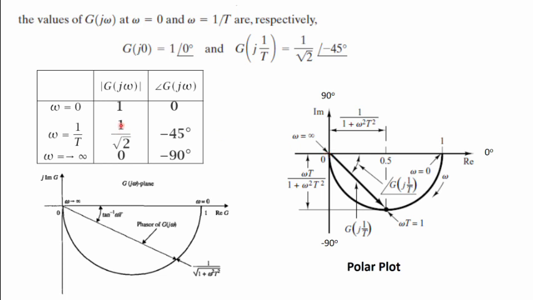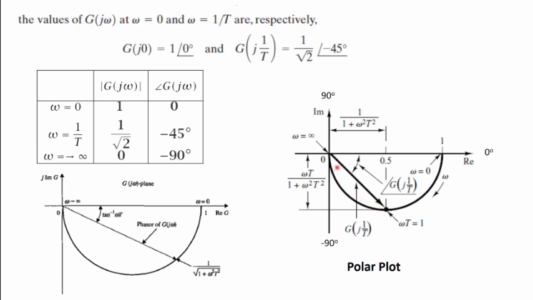And what is the magnitude when omega is 0? When omega is 0, magnitude is 1 and it will start towards angle 0. So 0 is in this direction, so the plot will go in this direction. But here it is following a circle,